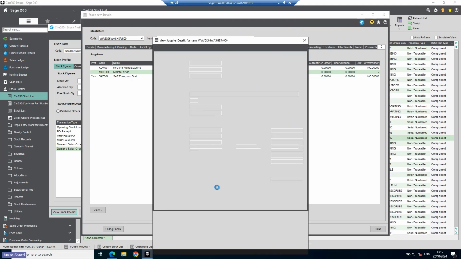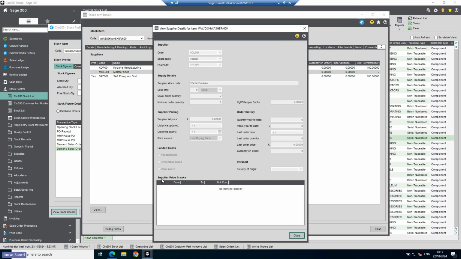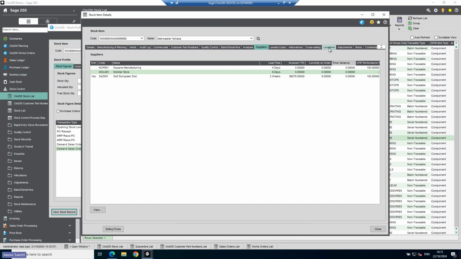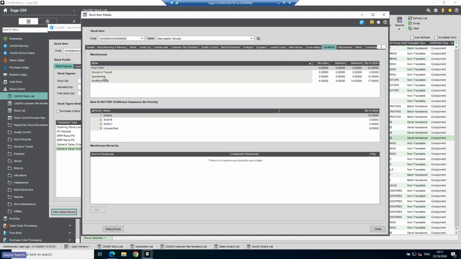Suppliers, there is now a possibility of having supplier quantity price breaks as well. And we had a brief look at the locations, but what we have now is new types of warehouses. We have goods in transit, an intermediate warehouse where, if you're transferring stock from, let's say, factory to warehouse, they will go into the holding warehouse in between, and there is a time specified for